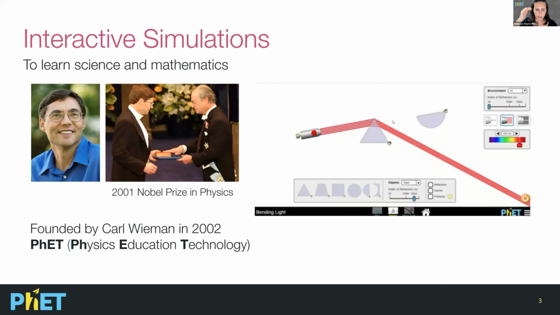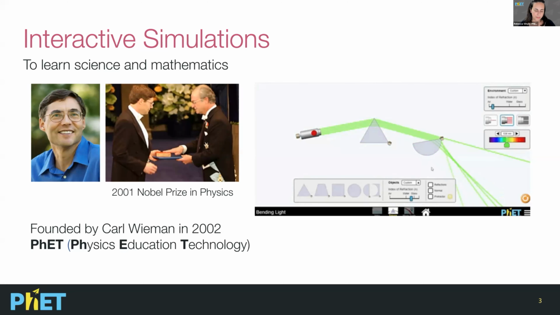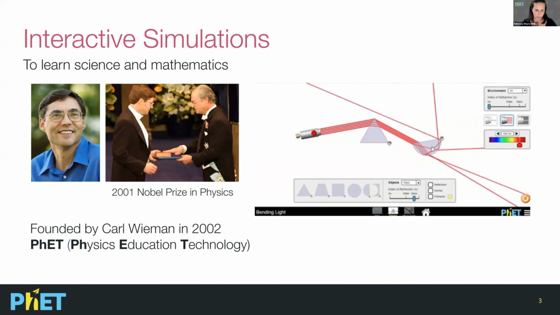And at the very peak of his research career in physics, he said, number one, people aren't understanding what I'm talking about, so we need to support people in math and science education. And number two, we need tools to help illustrate these sometimes very abstract concepts and principles. And so he really did a career shift, invested his winnings from the award into what is now